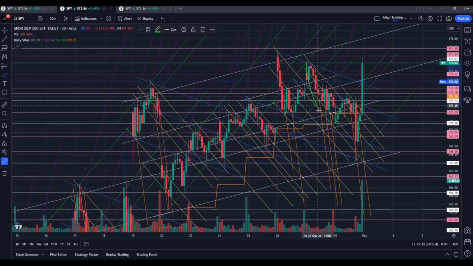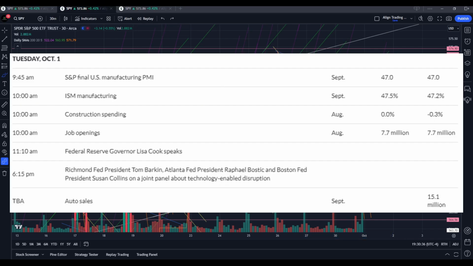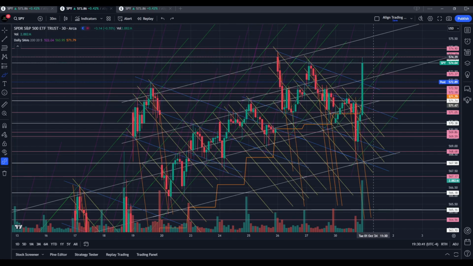So with that cup that we have closed here, be paying attention to this blue and yellow controlled selling algorithm right here. And if we start to form something like that, now if we open higher, pay attention to us forming that support off of these levels right here and continuing that push. Now we do have job openings tomorrow, so be paying attention to that at 10 a.m. And if there is some bad news, and we continue to head back down, be watching for this head and shoulder right here. Watch for us to get back below this 5-day moving average right here.